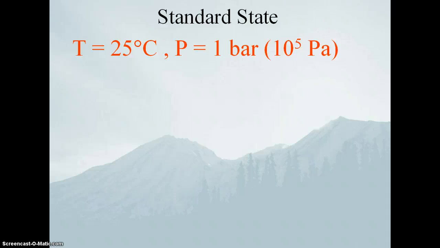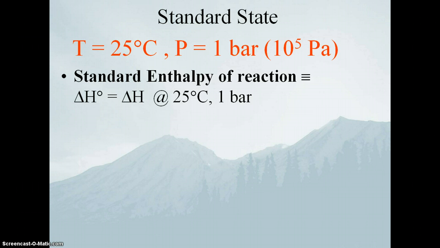So when we do our chemistry lab here in Michigan, the temperature is pretty close to 25 degrees Celsius and the pressure is pretty close to 1 bar. So we don't normally have to correct for our conditions not being standard state because it's close enough. So we have the standard state symbol. When I talk about the delta H of a reaction, I put this little naught behind it, delta H naught. That means delta H at 25 degrees Celsius and 1 bar pressure. This little circle tells you both the temperature and the pressure